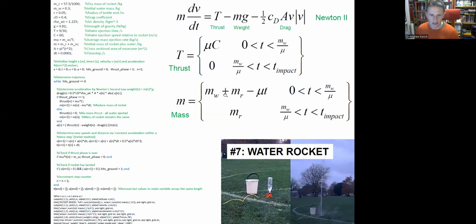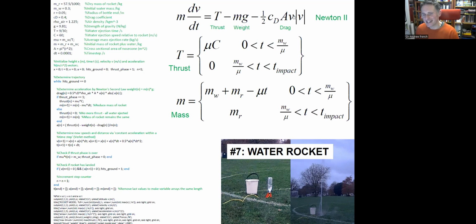This is a water rocket, and what we're doing here is perhaps a more sophisticated form. This is Newton's second law in differential equation form. So this is the mass times the acceleration, and that means the gradient of the velocity versus time. And that's the vector sum of the forces: the thrust, the weight, and this is a formula for drag. So I was teaching, I don't know if any of my students in the fourth year are here tonight.